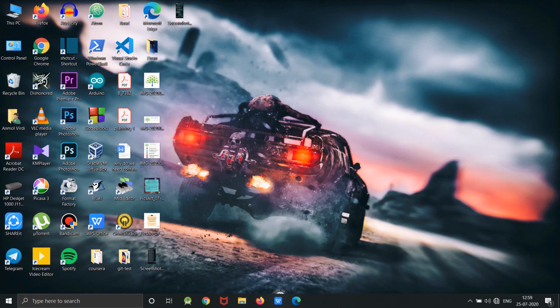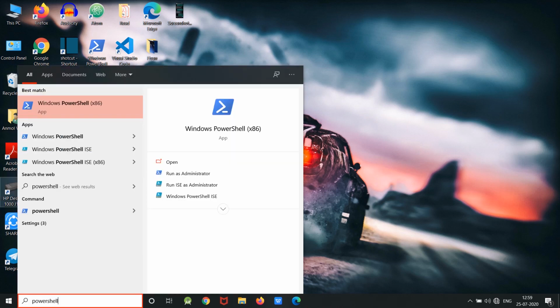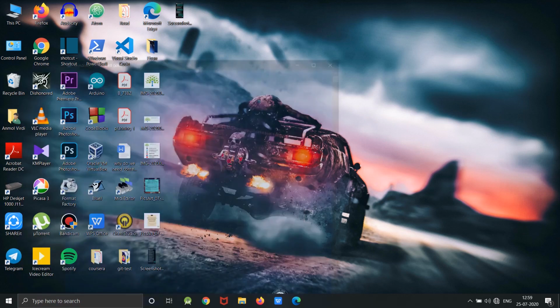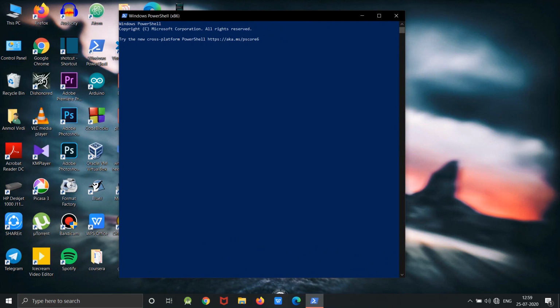Okay, so now we have downloaded all the required softwares. Now let's come to the practical part. We'll type PowerShell. As you can see, it's already inbuilt. This is the PowerShell window. Okay, so to check whether Python is installed in your system or not, we'll type python and hit enter. You can see the current version of Python installed. Okay, so to come out of it, we'll type quit in the brackets and hit enter.